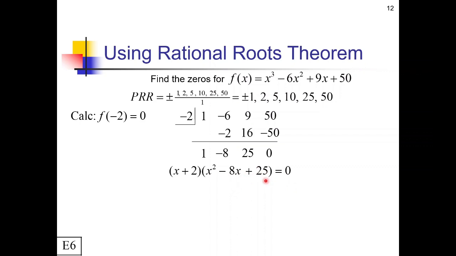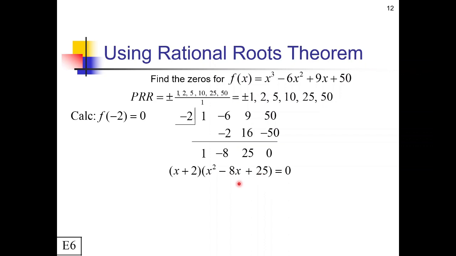So if we try to factor this down, and it looks like we should at least try, we're looking for numbers that multiply to 25 and add up to negative 8. Well, 1 and 25 doesn't work. The only other option is 5 and 5, and that also does not work. Since that doesn't work, we're going to use the quadratic formula on this one, or you could use completing the